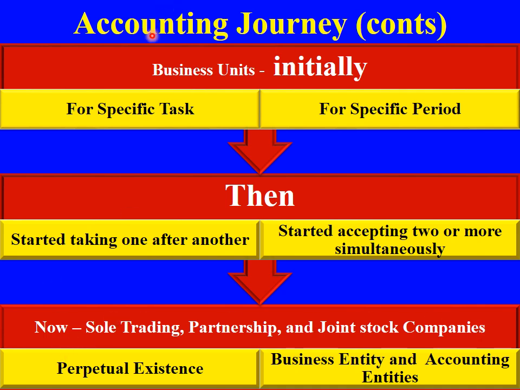Initially, business units were run for a specific task and a specific period. Then they realized the importance of doing business, so they started to take one after another. After a certain point of time, they started to take up business simultaneously by running one or more businesses, and all these things